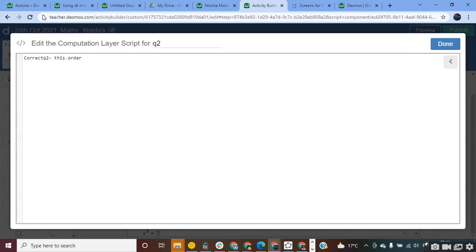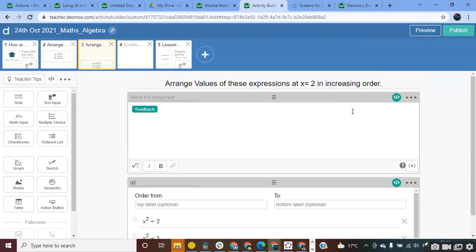Because whenever you want to code and connect different components, you have to label them. Label them means so that you can recognize, or Desmos can recognize what is happening. So look, even if you don't need this, let me just delete this. I don't need it. And let's say I just give the name Q2. And now what I have done, I have added a note from here.